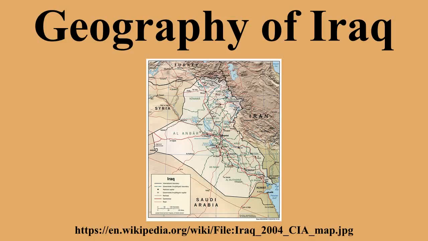The desert is in the southwest and central provinces along the borders with Saudi Arabia and Jordan, and geographically belongs with the Arabian Peninsula. Iraq holds a special distinction in the history of geography.